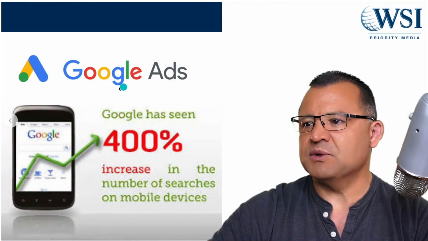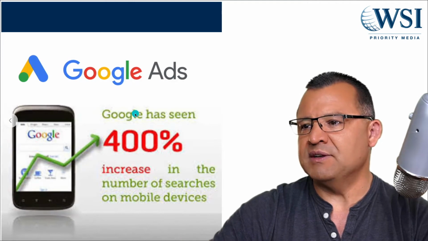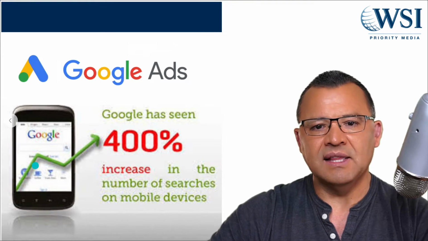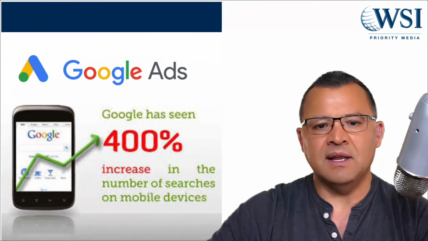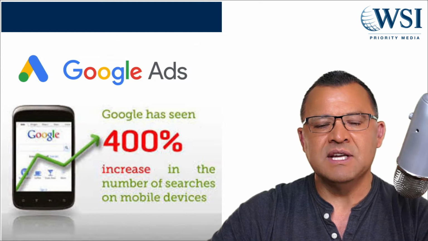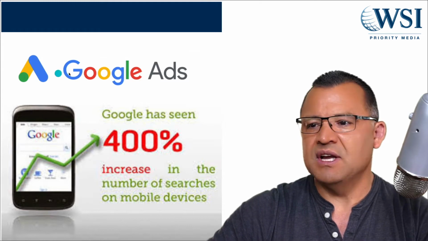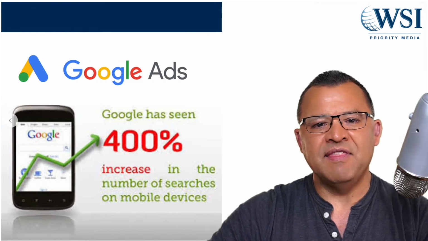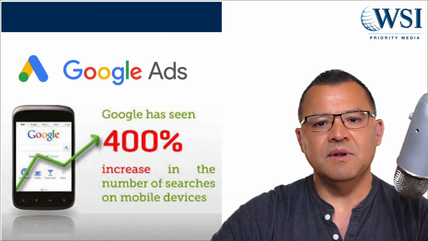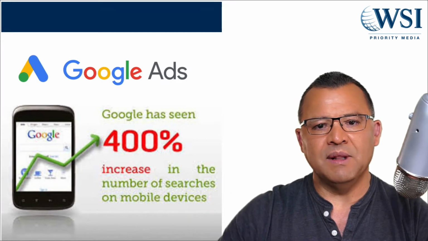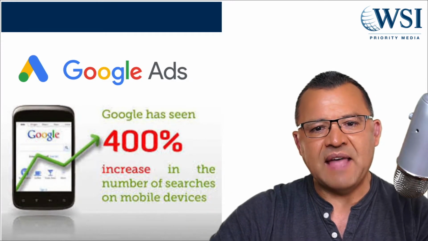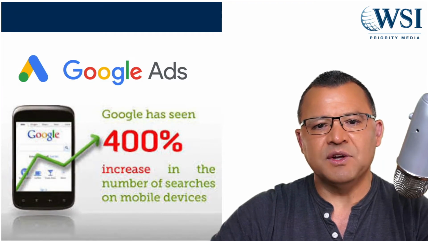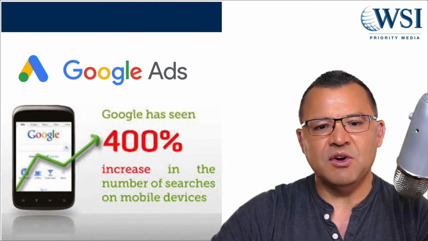Let me share my screen here and give you a quick look. It says Google has seen a 400% increase in the number of online mobile searches. Geo-targeting is just growing exponentially because over 70% of searches are done on these mobile devices now. And that "near me" term, for example, is very common on mobile, and it signals that that person has a huge readiness to buy.